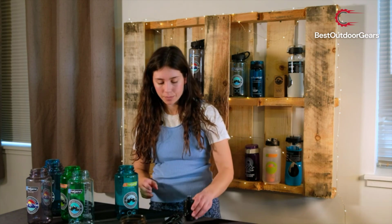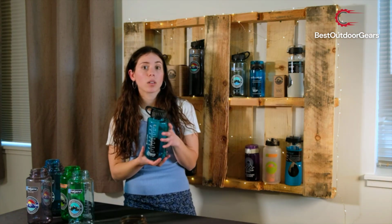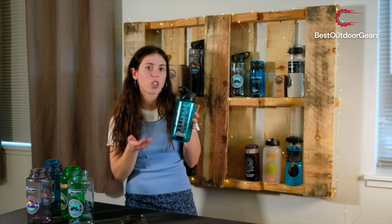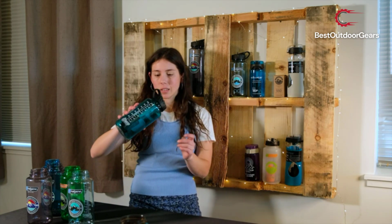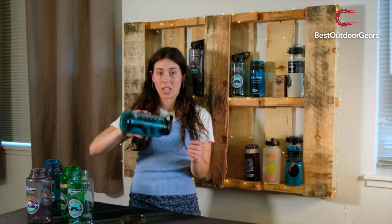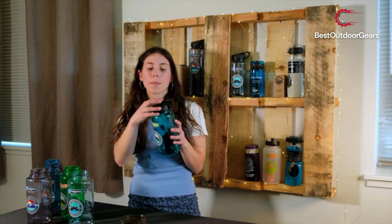Additionally, the filter is made of coconut shell-based carbon fiber, which makes it eco-friendly. This filter can safely remove common contaminants like lead, chlorine, and chromium, as well as even arsenic, to make sure you are drinking safe water. Since this bottle is made of BPA-free plastic as well,